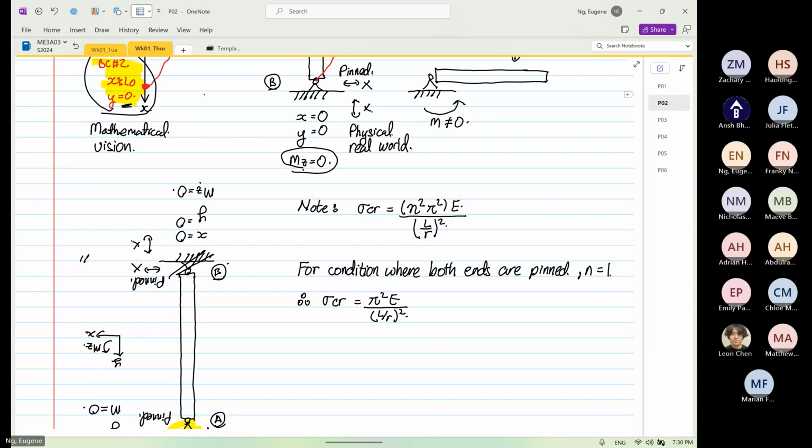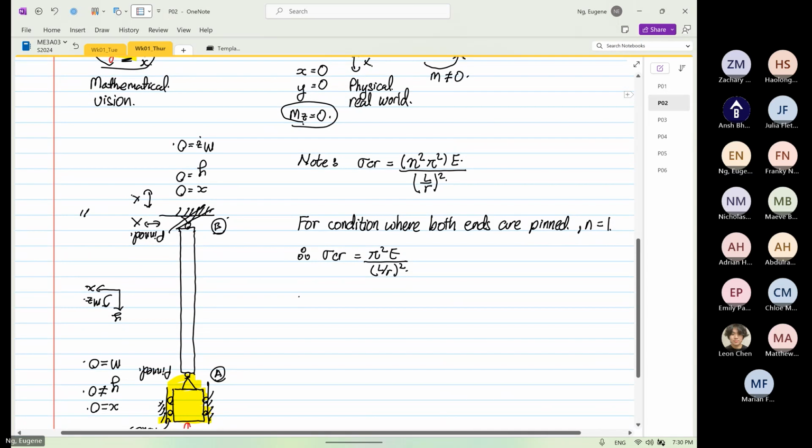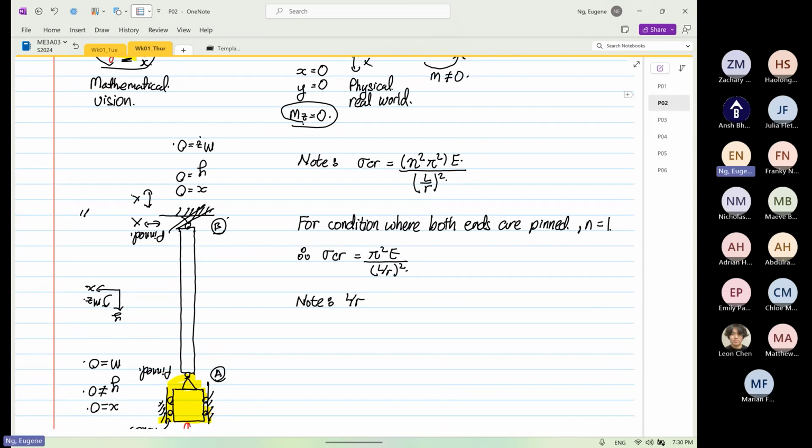So let me tell you what L over R is first. Note that L over R is most commonly known as the slenderness